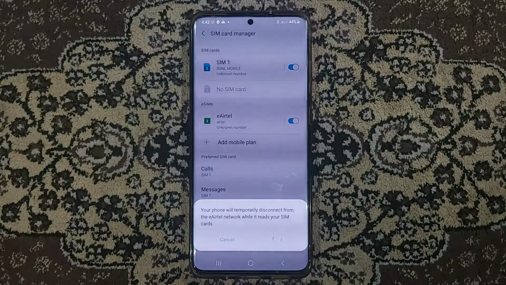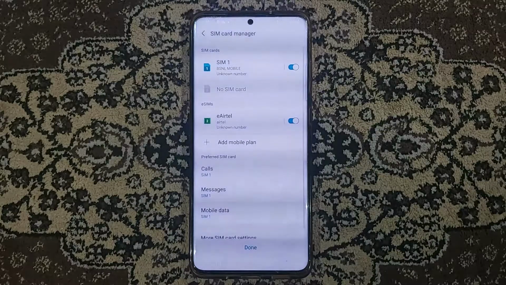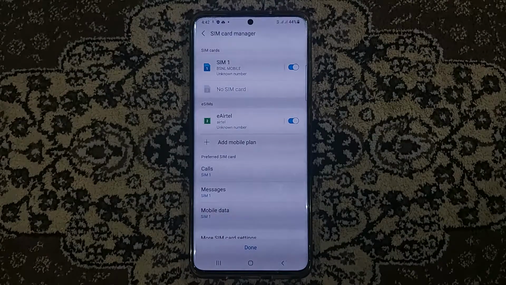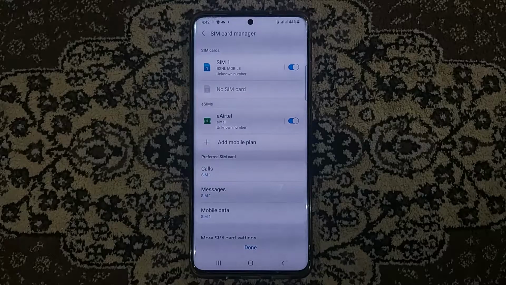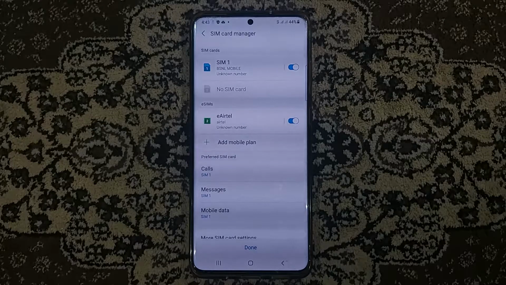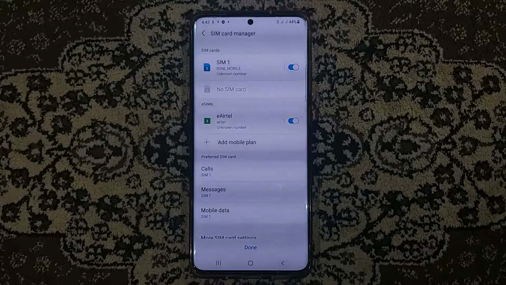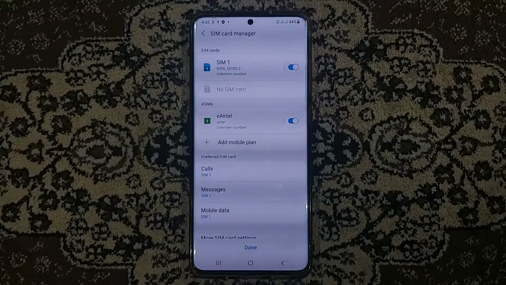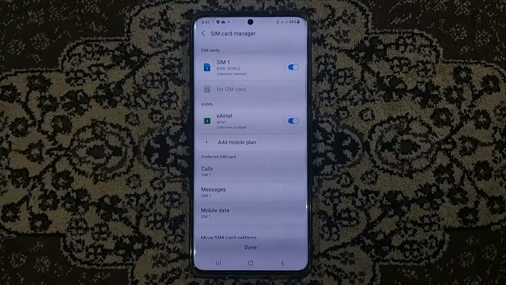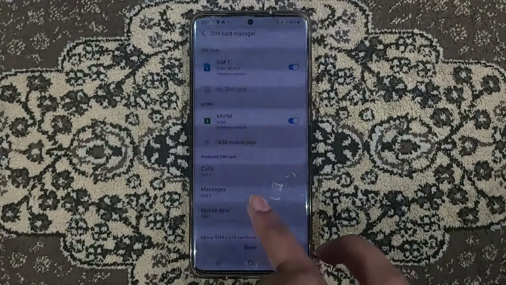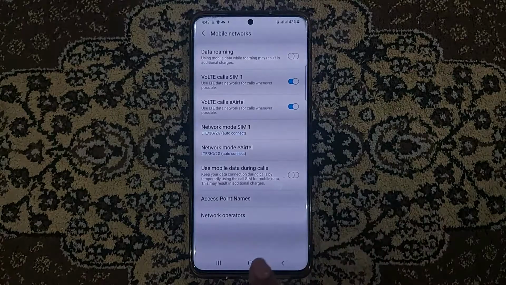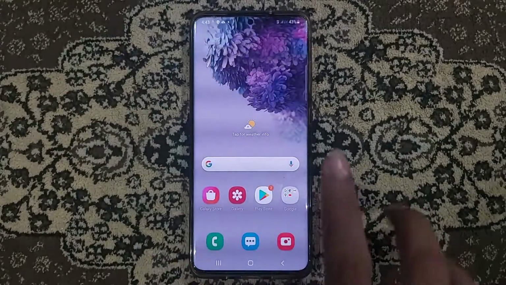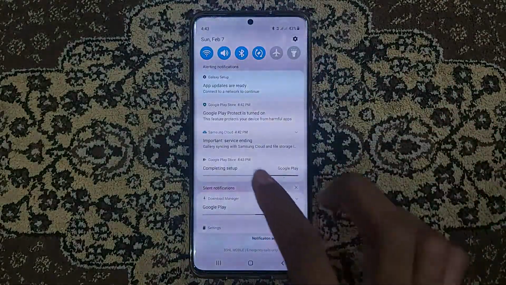That is really good by Samsung if they are providing it for Indian CSCs also. But this is how you can go to any other CSC and get the eSIM option for Indian CSCs also. Okay, this was the main purpose of showing you guys in the video that this is possible, and then I'm able to connect to the network and I'm back to the Indian CSC.